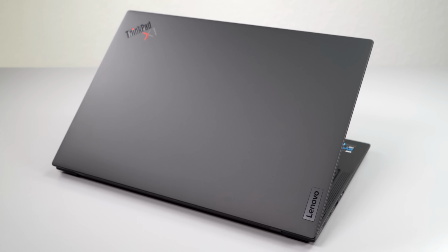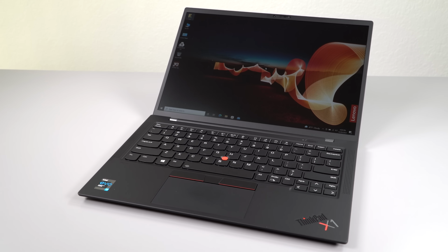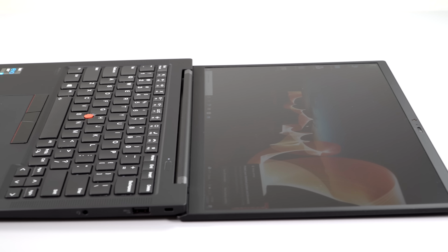You know, there's a reason why people have been loving the Carbon for a while. We're going to look at it now. So, you know, it's up to Gen 9. You might think for a reviewer like me, it gets a little boring the 9th time around. Well, we did miss 1 or 2 generations, but Lenovo sent us this unit, and kind of late, granted that,